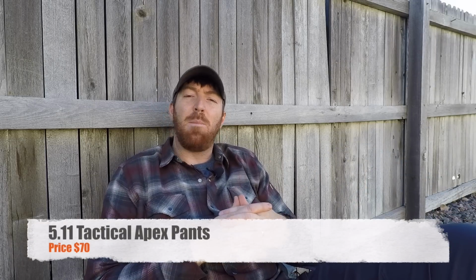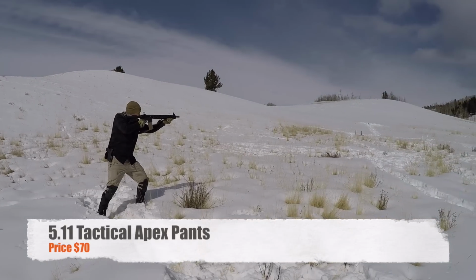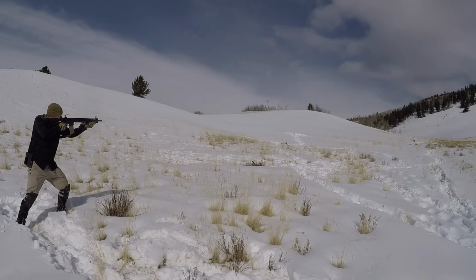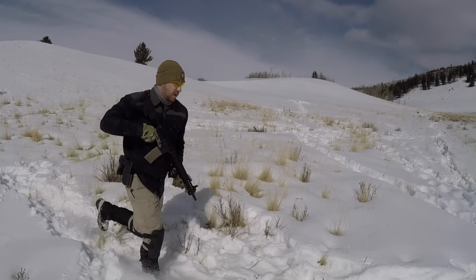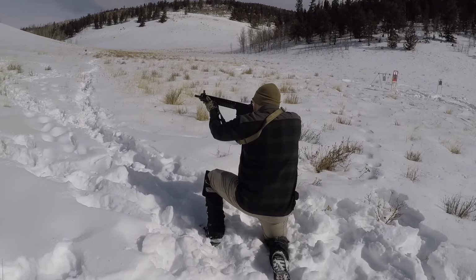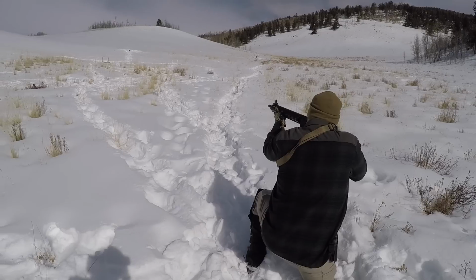And the piece of clothing that I just happen to be wearing, shocker, today, because I have literally 6 pairs of these, are the 511 Apex pants. These things are phenomenal. Like I said, in most of the reviews that you guys will see on this channel, I am wearing Apex pants because I've yet to find a pair of pants that has this much versatility and capability to not only be something that I can be rough and tumble with,